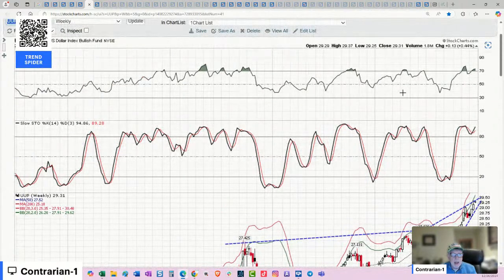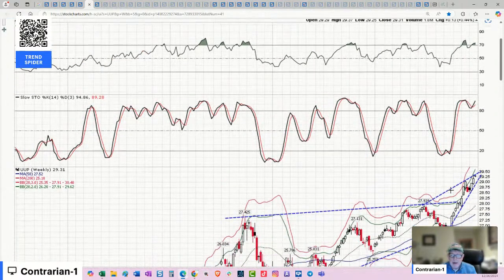Speaking of the dollar, weekly chart trading at the upper band of the rising uptrend channel. In fact, I would argue at the upper band of a trading range and entering the apex of an ascending wedge formation. Does that mean it can't break out higher? It certainly can. Can it continue on for a few more weeks, get into a tighter consolidation? Absolutely.